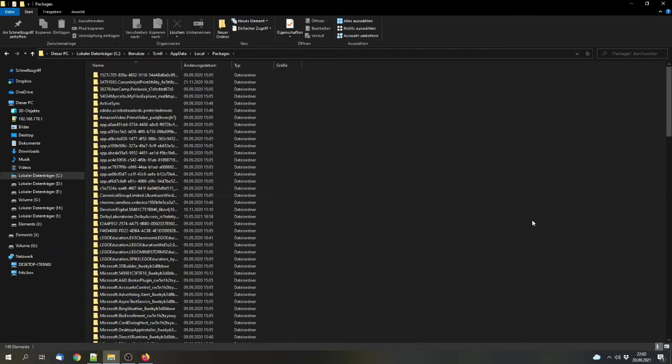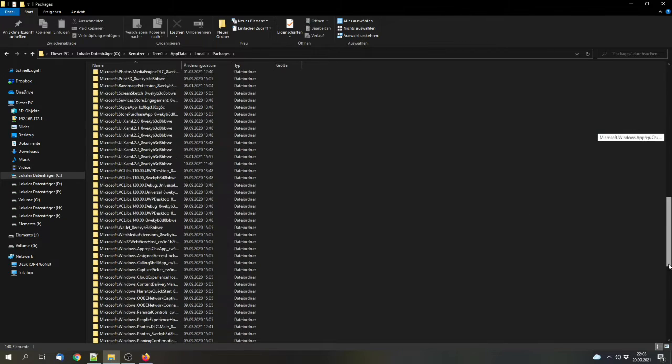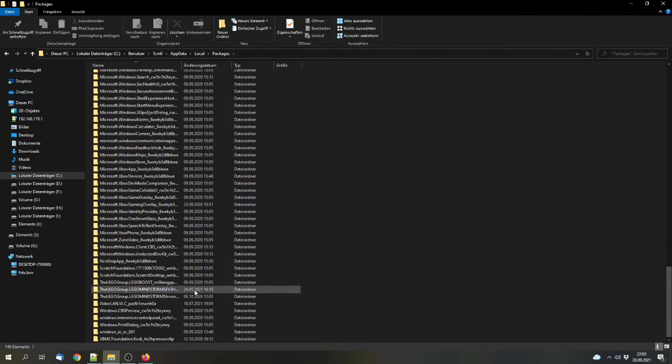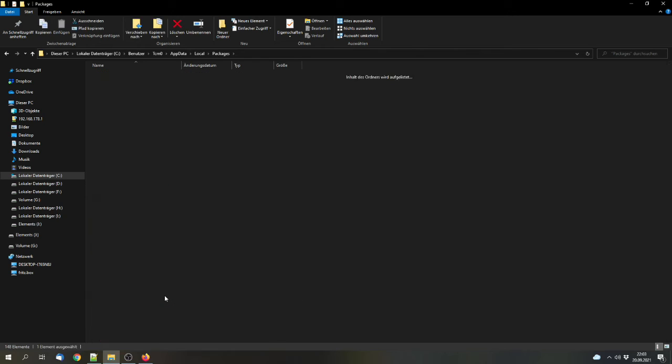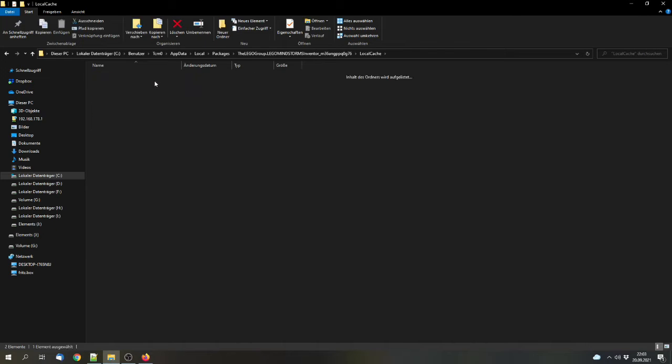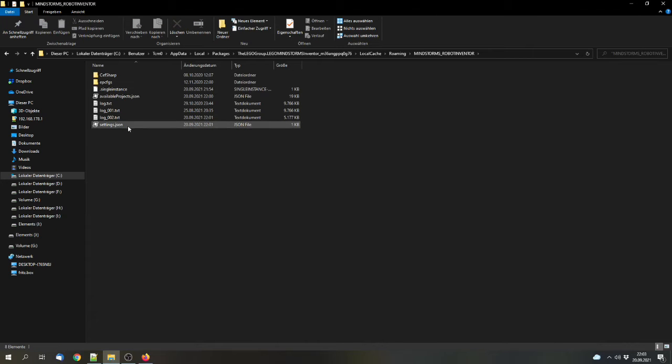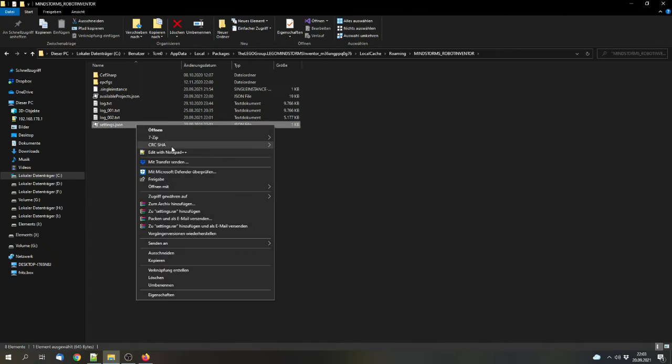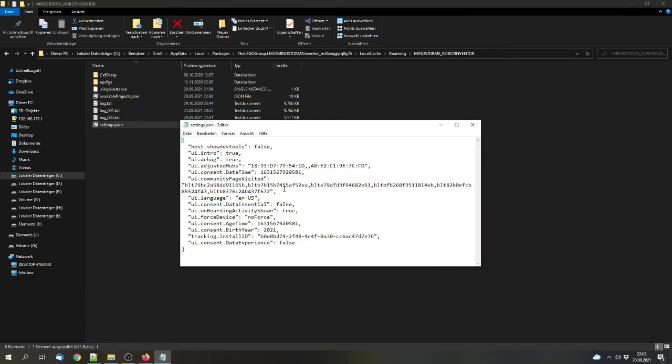Next, we can search the LEGO group LEGO Mindstorms Inventor. That's here. And here we can go into the local cache folder, into roaming, into Mindstorms Robot Inventor, and into the settings.json. We can edit them with the editor.